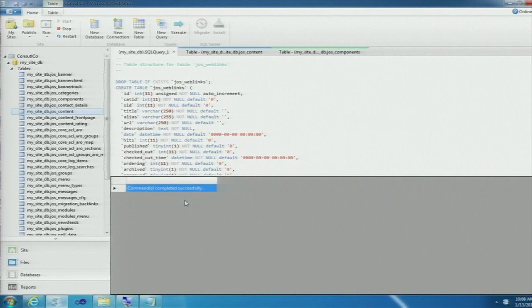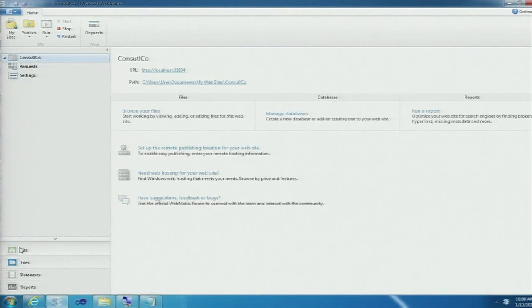Commands completed successfully. Gotta love seeing that. We're looking good to go now. So why don't we just go ahead and take a look to see how things have changed since I last looked. Go to site, hop into the URL, take a look under a new tab.